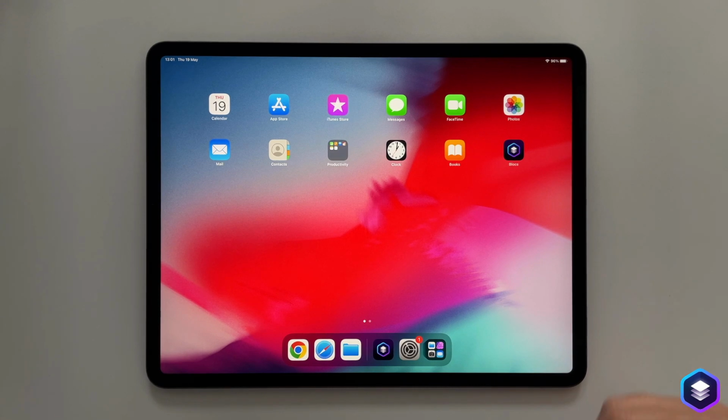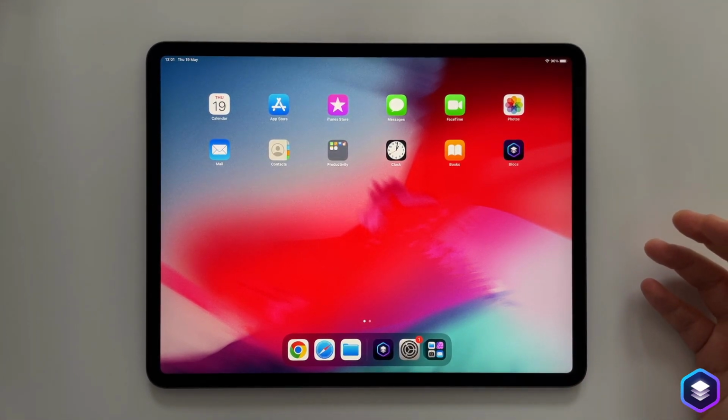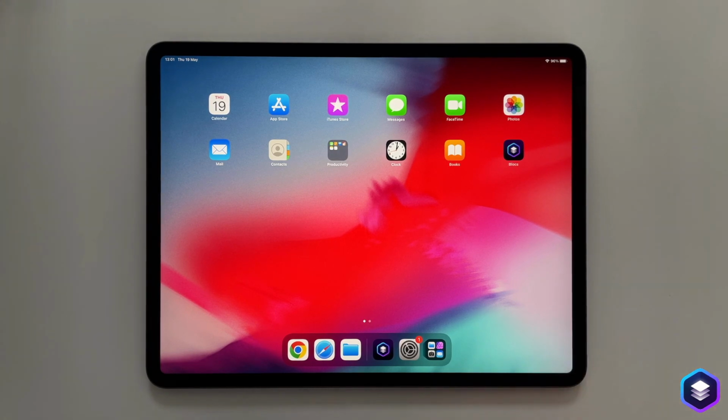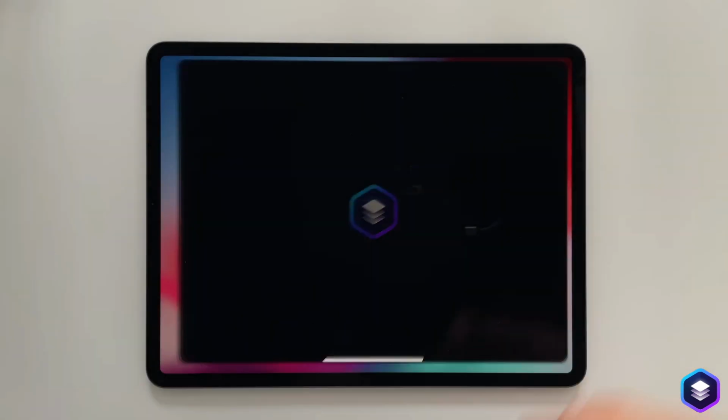What we're actually going to focus on in this demo is the differences between Blocks on the iPad and Blocks on the Mac. The differences aren't great, but there are some. We've re-engineered some of the way the interface works so that it takes advantage of the smaller screen of the iPad. So without further ado, I will launch Blocks.